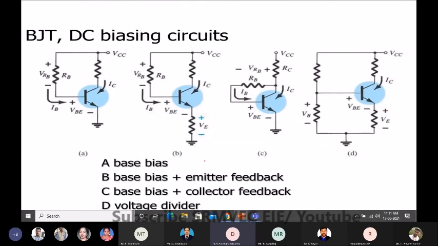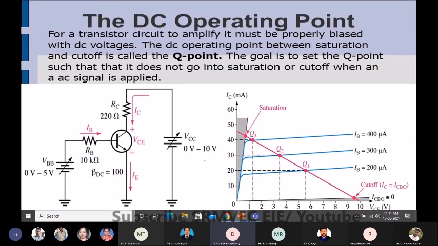Now the important thing, we have seen the structure, we have seen the operation and characteristics, we are coming to bias. So why do we have to go for bias? That is the first thing. So biasing is nothing but having your operating point at a particular voltage, that is for a particular input, particular output in that area without any change for a long duration.